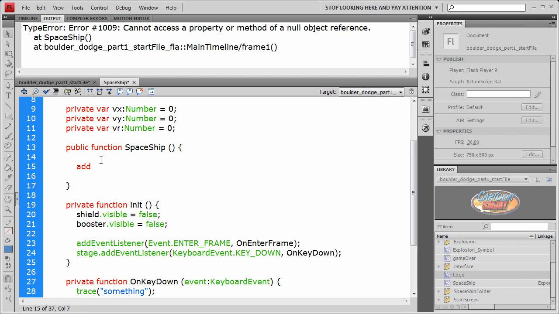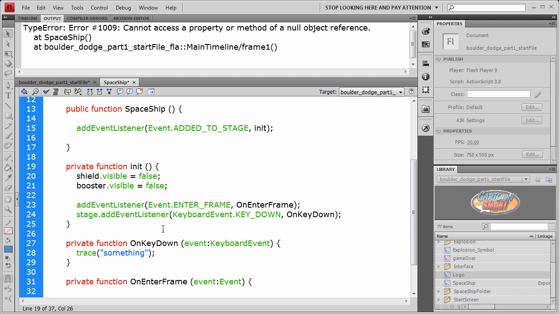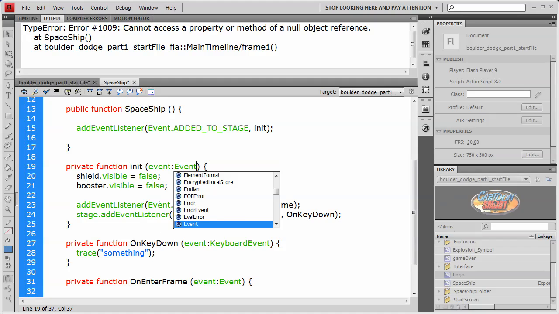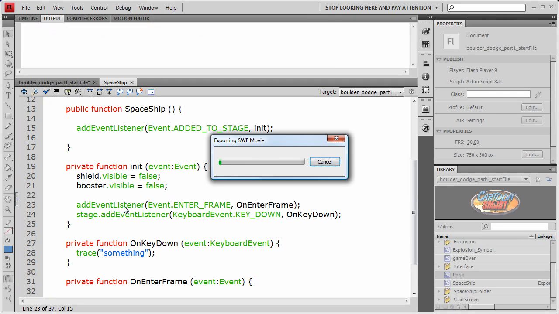Event listener. And this is going to be an event type of event, the same type as the enter frame, but it's going to be added to stage instead of the enter frame. This is going to trigger the initiate function when we are sure that the symbol has actually been added to the stage and our class knows what the stage is. So don't forget, in your little regular brackets you need to type out event as well. And if we save and publish,